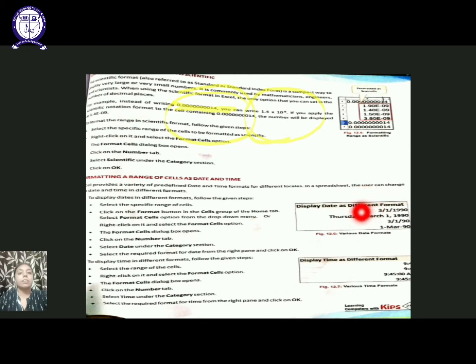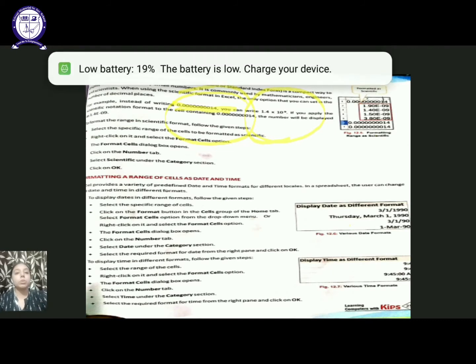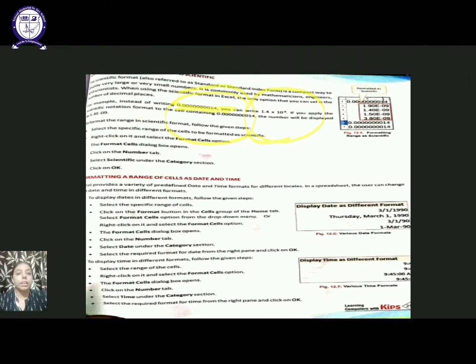Next is formatting a range of cells as time. As we have done with the date, same is the case with the time also. First of all, suppose you have written the time as 9:45.